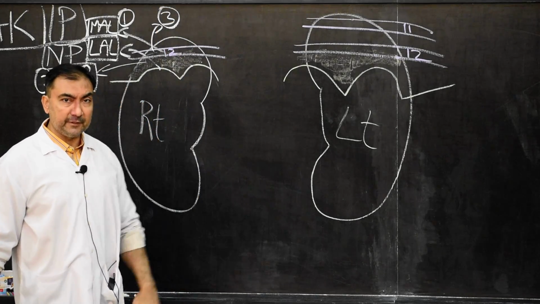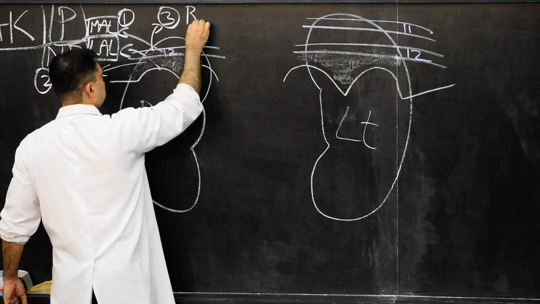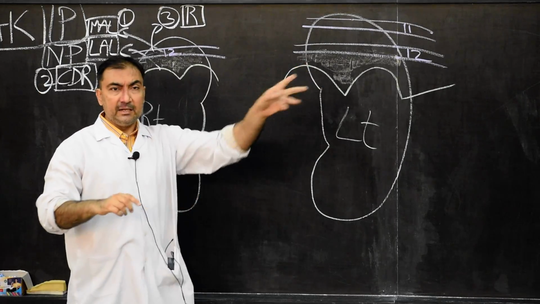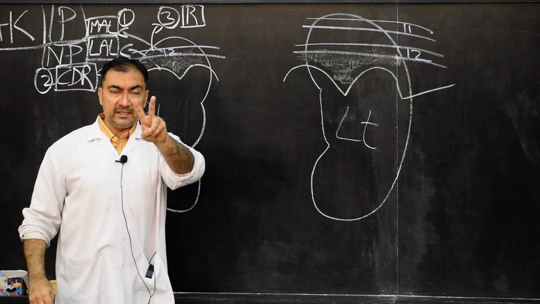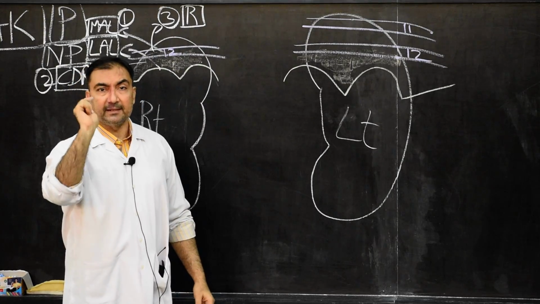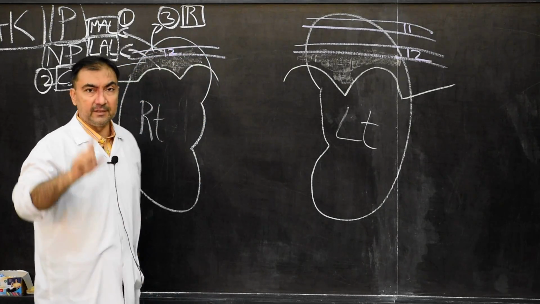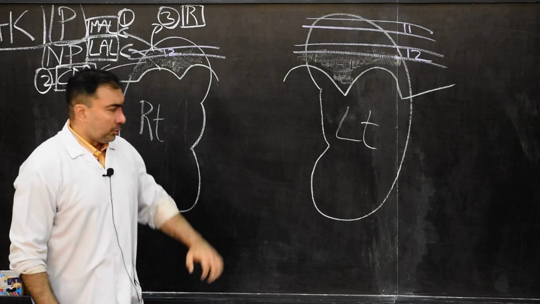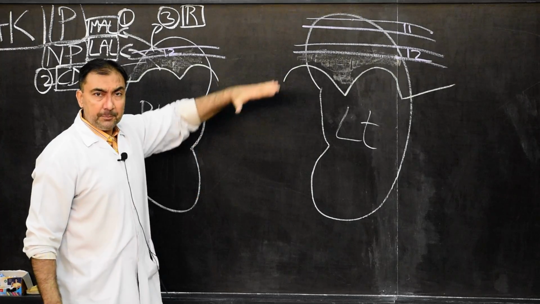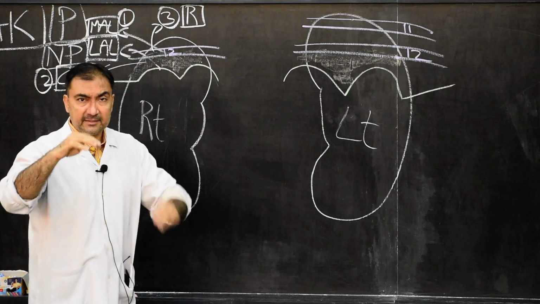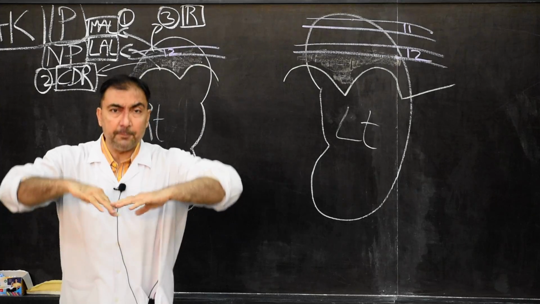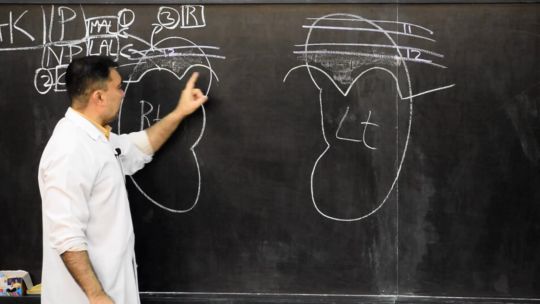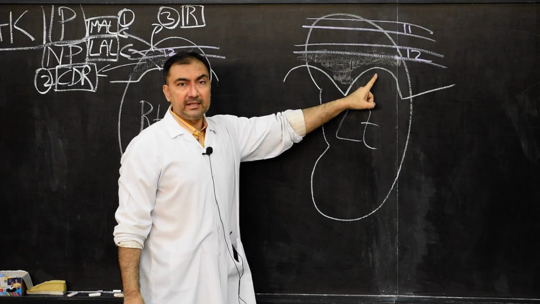So therefore, here we can mark this as point number 3, relation number 3 in the upper part of the posterior surface of both the kidneys, the ribs. But how many ribs? On the right side the 12th rib, on the left side the 11th and 12th rib. On the right side only one, the 12th rib, because the right kidney is at a lower level. Many times it is asked in Viva. Three points we have completed. So the posterior relations of the kidneys, upper part, three points. What are they? Three structures are in relation with the upper part of the posterior surface of both the kidneys, and they are the medial and lateral arcuate ligaments.